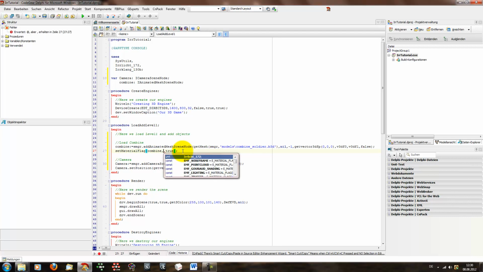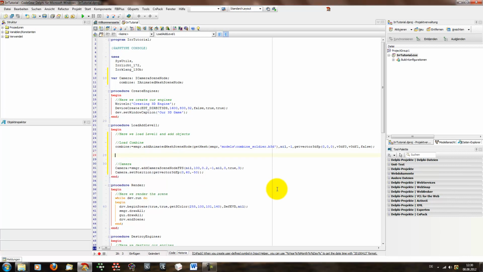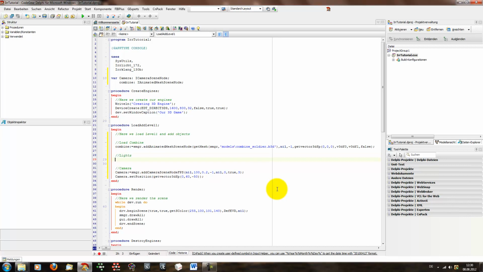And yes, you could test some if you want. But now I want to show you how we can add lights. And for this we only say